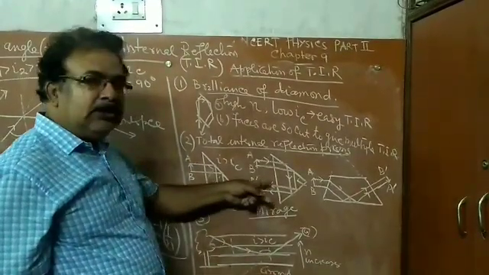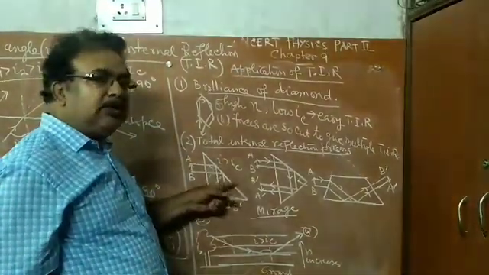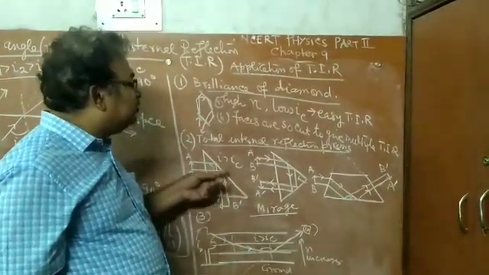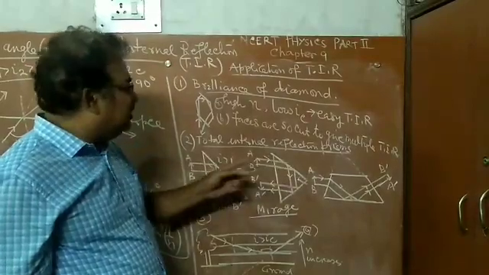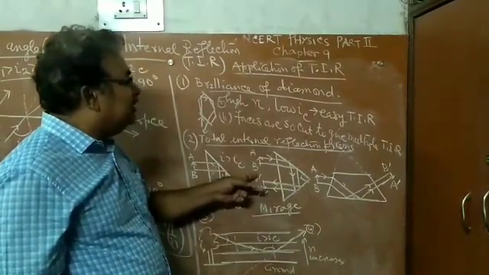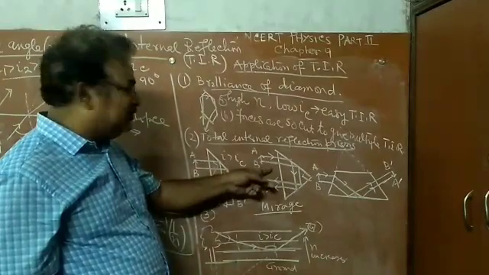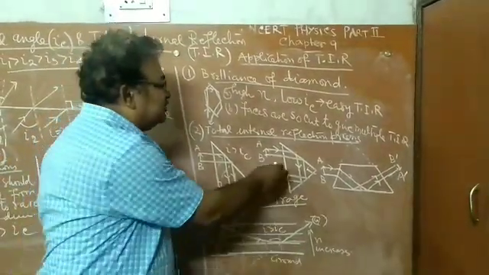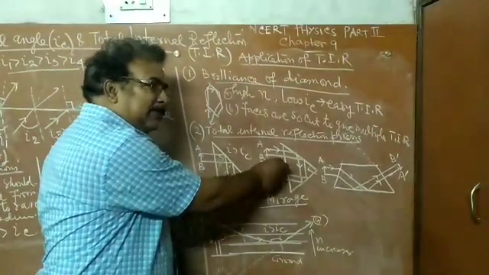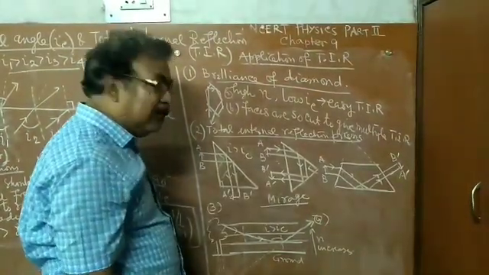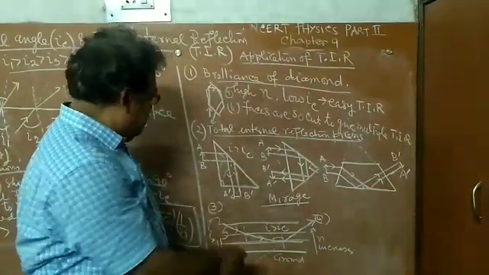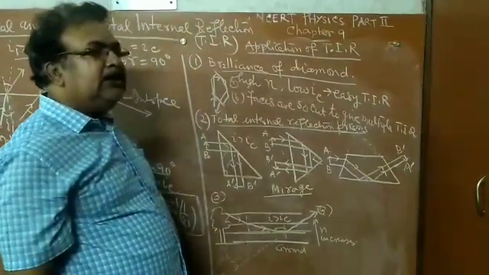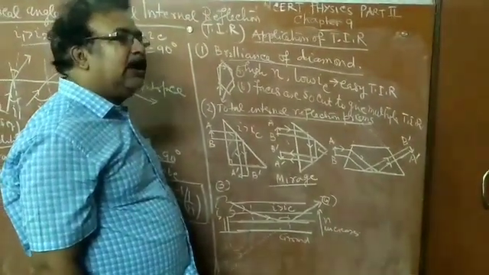So depending on the purpose of using this in an optical instrument, like in binoculars and other optical instruments, we can use different orientations. The advantage is, instead of a lens, if you use a prism, then the intensity of the final image is very large, because this is total internal reflection, where the absorption of light is very less compared to refraction. Now, the third application is formation of mirage in hot regions and cold regions.